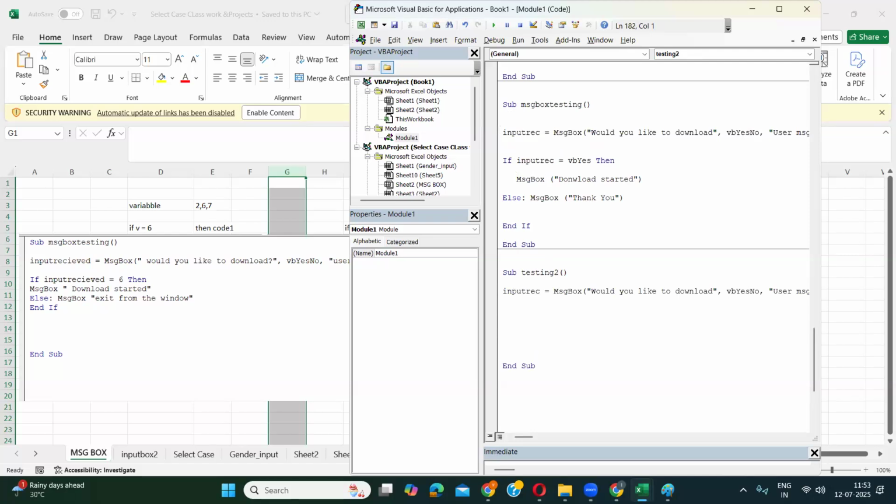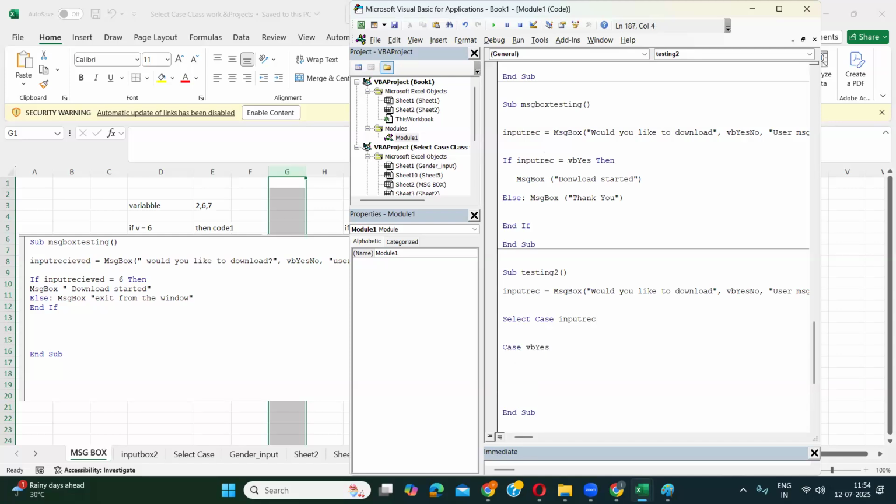Okay, so in this, Select Case, the variable on which the condition is done. Your conditions are based on a variable, so select the case of that variable, input received. You have selected the case, which means you have stored it. You don't need to give it again and again, if this is yes, if this is no. So Case vbYes,